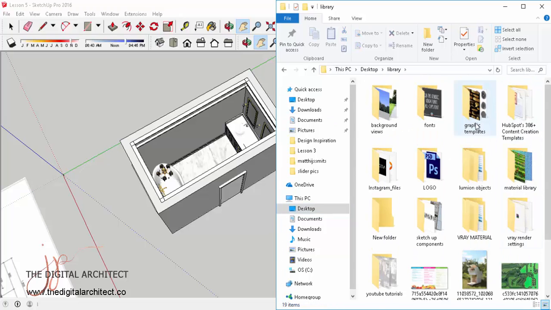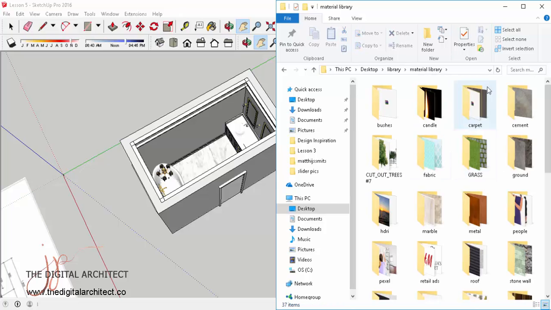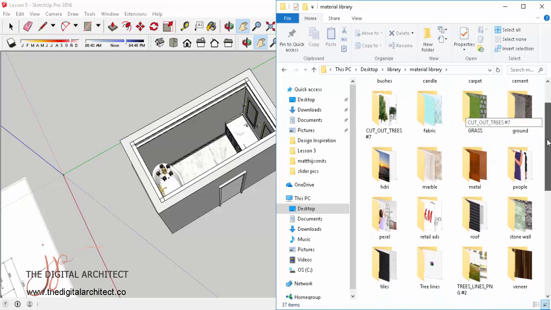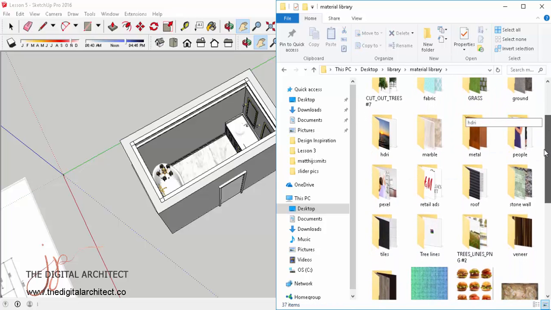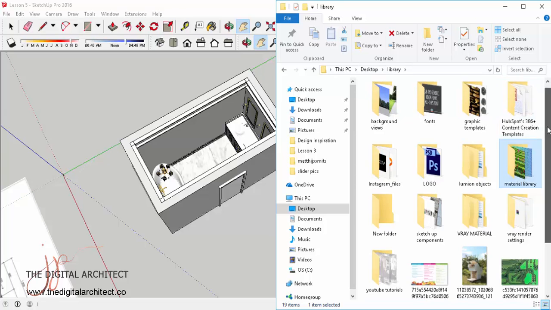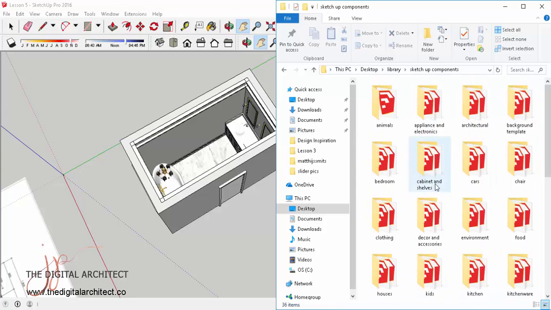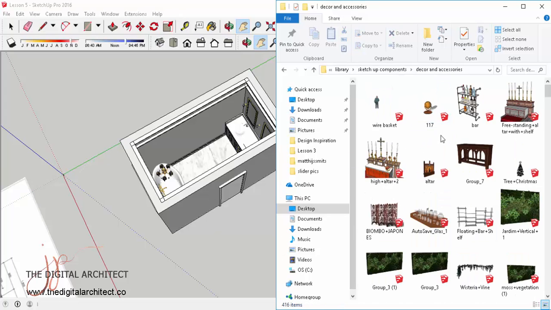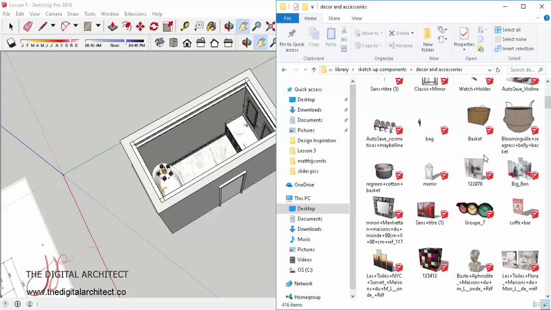So let's just get into my library. I have downloaded quite a few. So where is that? Okay, SketchUp, no, not material library. I want to go to SketchUp components, and then I want to go to decor and accessories. Okay, so I could use